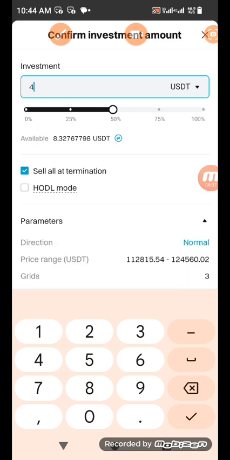Then choose your parameters. Now, okay, price range, you can see already. The price range is between 112 to 124. So you can go down to 102. That's what you are choosing. You understand it? So you permit what you are doing. This means that you are permitting this bot to still be buying and selling, even if the price goes down to up to this. So you can change it.